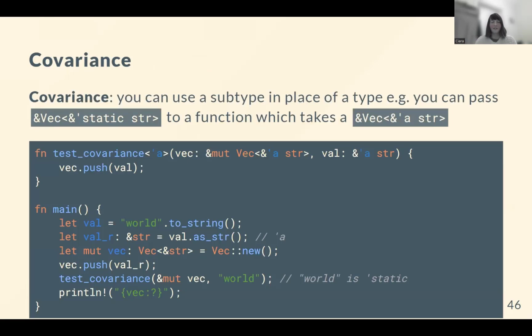With covariance, that means you can use a subtype, so something that lives at least as long as it in the case of lifetimes, in place of the parent type. So you can pass a ref 'static string slice to a function which takes a ref 'a, a generic lifetime string slice. And just to show you what that would look like in practice, if I have